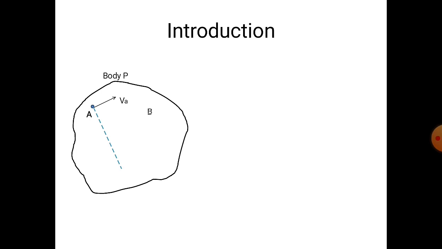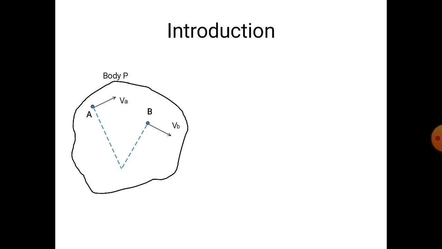Now similarly, consider another point, point B, having linear velocity VB as shown. If a perpendicular is drawn to the direction of VB, the two